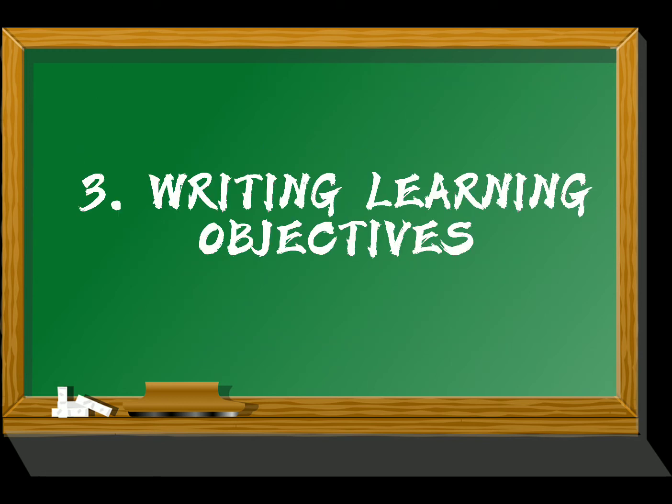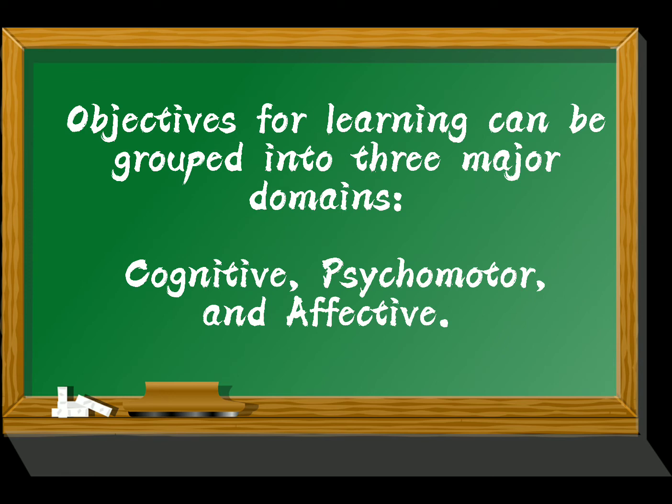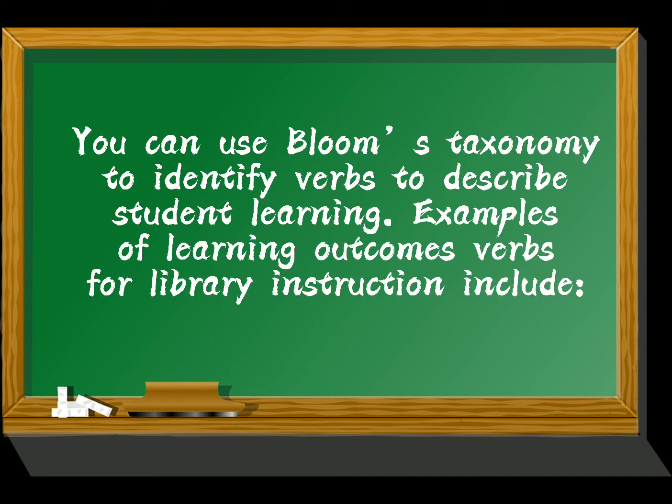3. Writing learning objectives. Effective learning objectives need to be observable and/or measurable, and using action verbs is a way to achieve this. Objectives for learning can be grouped into 3 major domains: cognitive, psychomotor, and affective. You can use Bloom's taxonomy to identify verbs to describe student learning. Examples of learning outcomes verbs for library instruction include: